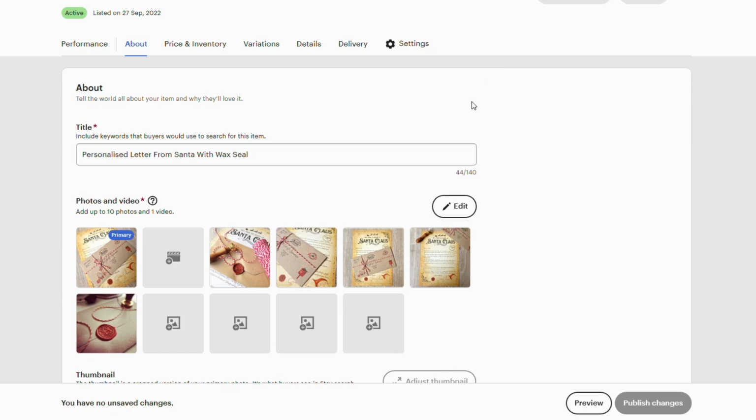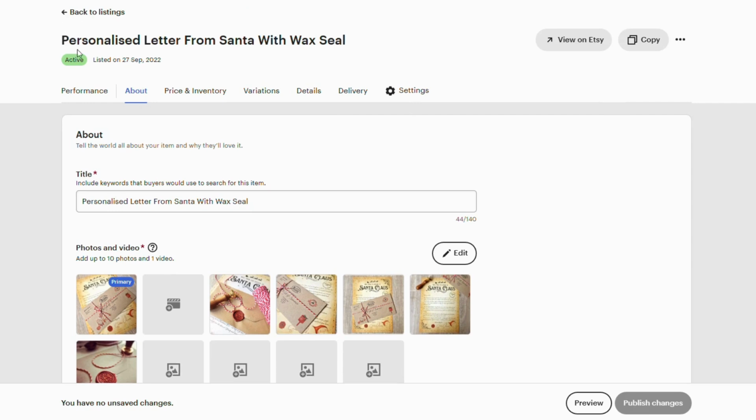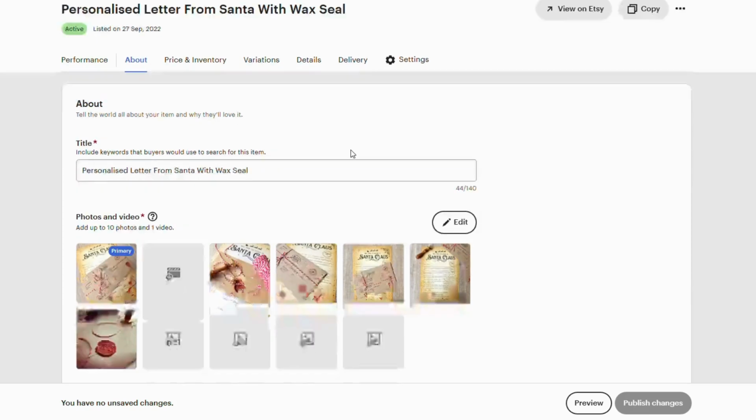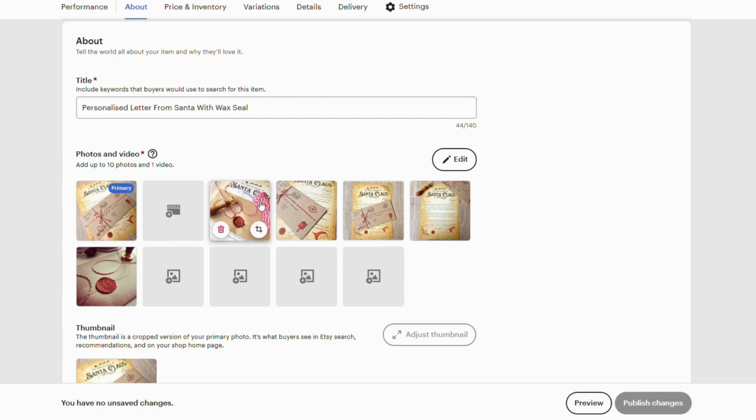I'm just going to show you how to add alt text to images. So this is on Etsy. I've gone into my listing, which is my personalised letter from Santa, and you'll see my images here. So if you've got a shop and you've already uploaded your images, what you need to do is click on them,